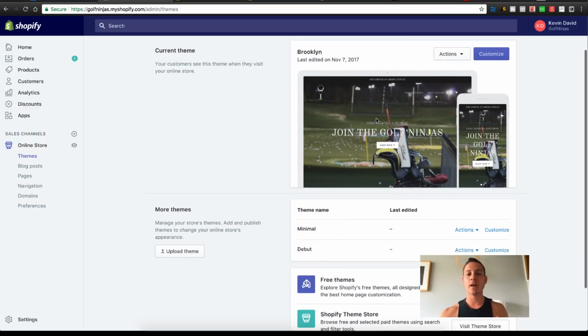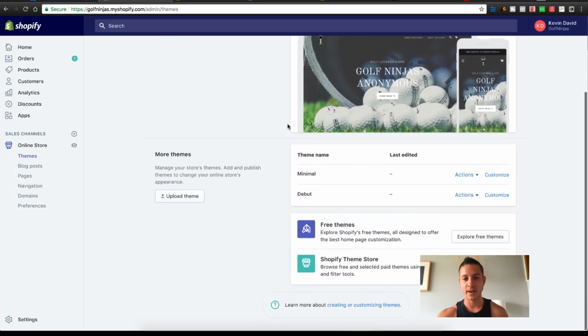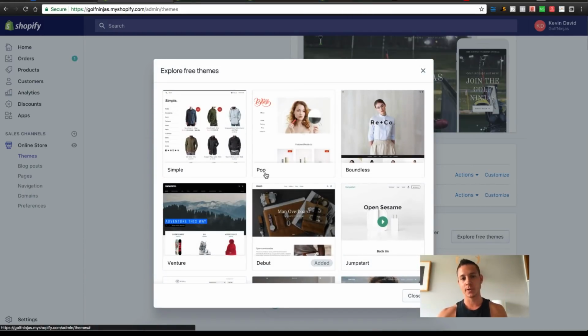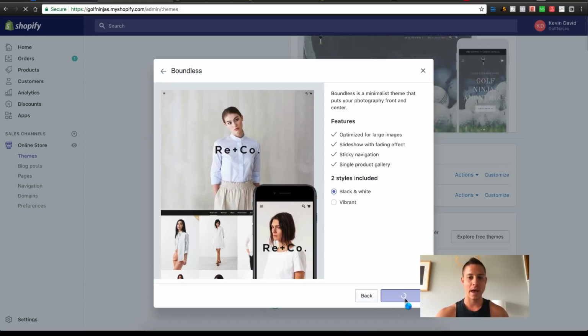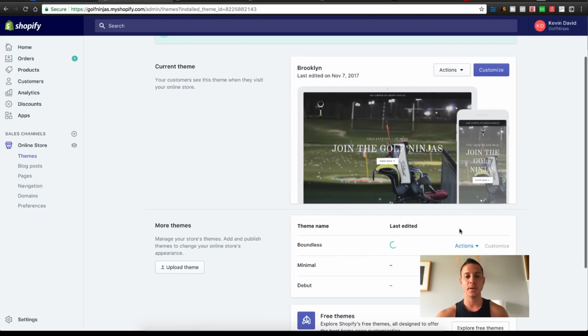So what we're looking at, and what we've done in one of my test accounts when we were doing a past tutorial, is we created a really quick live store, literally in under an hour, which we see right here. So if we want to add a theme, all we have to do is go to Explore Free Themes. And let's say that we wanted to add Boundless, for example. We'd go Add Boundless. It would queue up, and then it would come here and appear in our